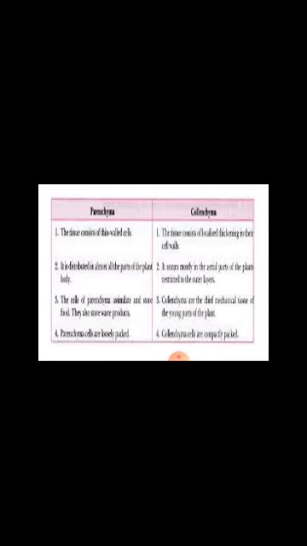Now there are other points of difference also. We have parenchyma and collenchyma. You must know the difference between them. I will not read it out for you. This is just for your reference, that this type of question can be asked. So when you read, you must prepare your notes in this way for your personal reference. You must know the difference between xylem and phloem. So this is all you must know. When you go through the lesson, you will come across all these points.